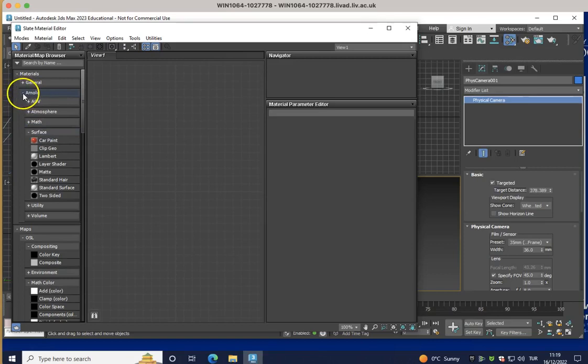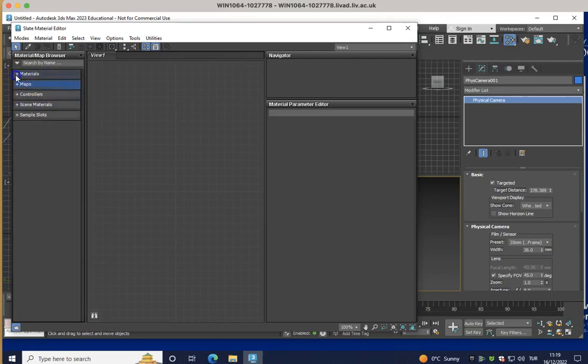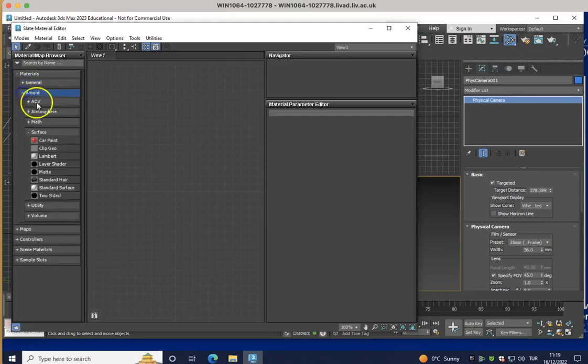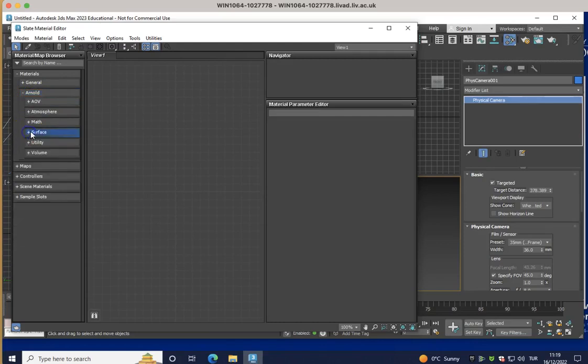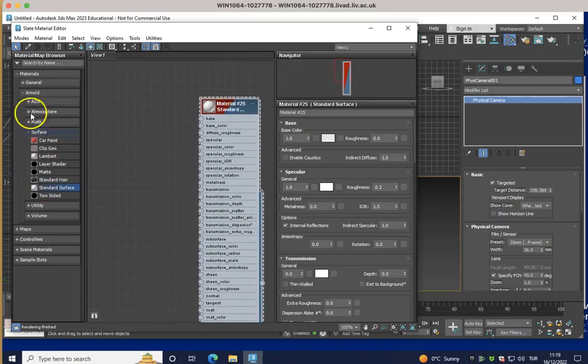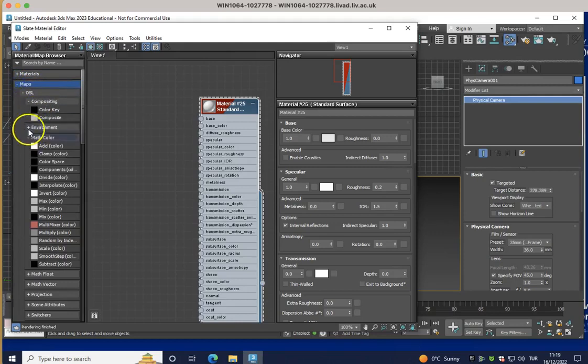For this one, we need to use not physical materials, which we were actually most of the time using. We need to use an Arnold material, which will be in surface and standard surface. And for maps, we need to go to the maps and